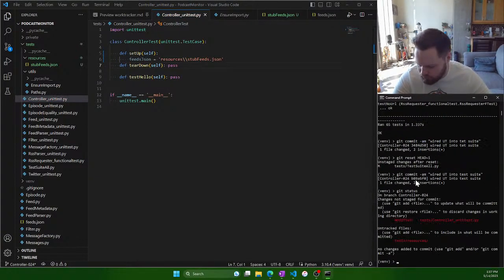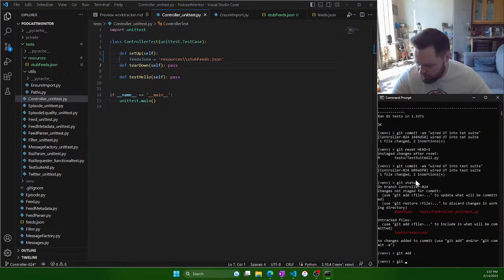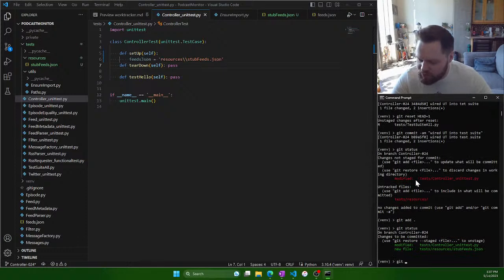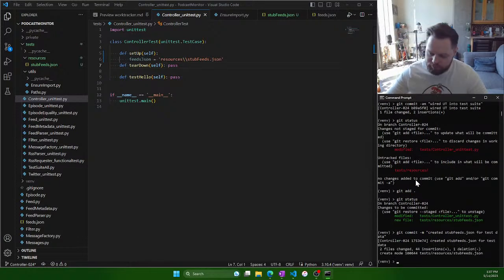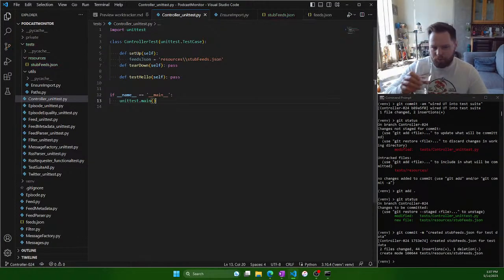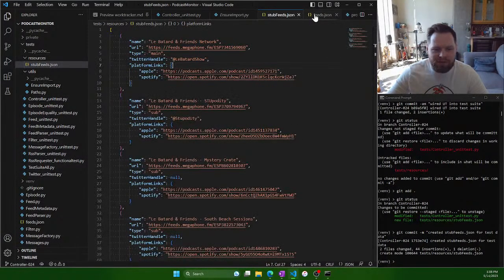So what do we do? And we'll say git commit -m created stub feeds.json for test data. Okay, so if we have that, and then we have, so that's going to basically be the input,